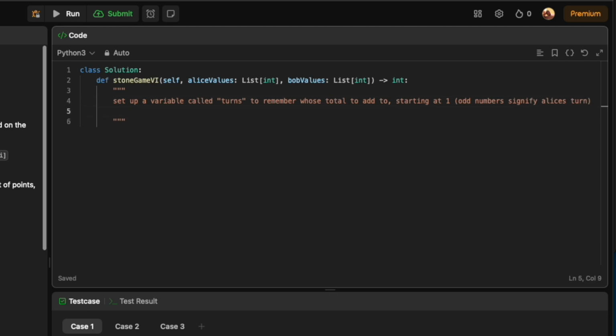I have to set up variables for Alice and Bob's total, right? Set up 2 variables for Alice and Bob's total. Now,